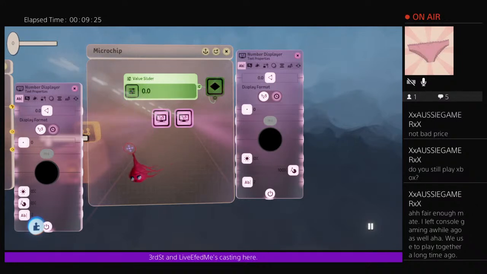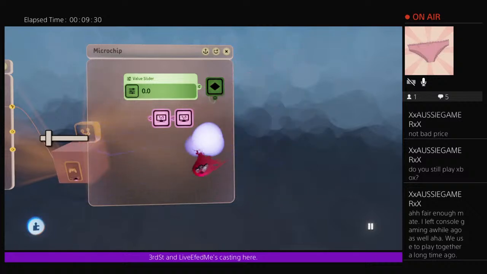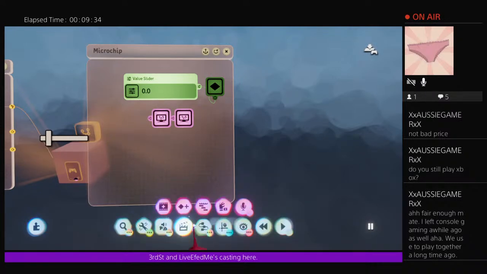So there's your HUD slider done. That's done and dusted. It's finished. That's all you need. But if you don't want it to always be active, then you need to add a